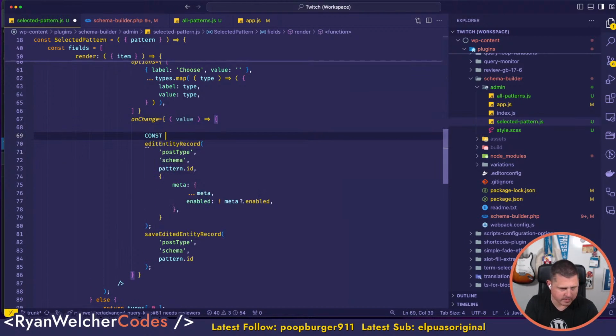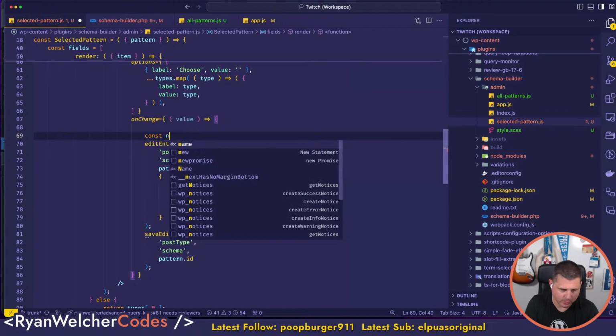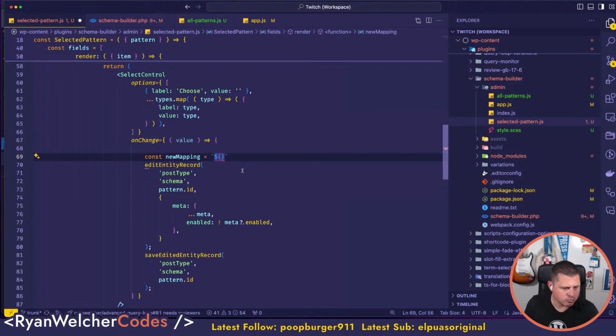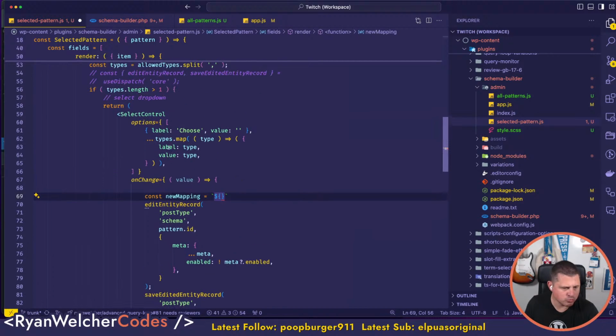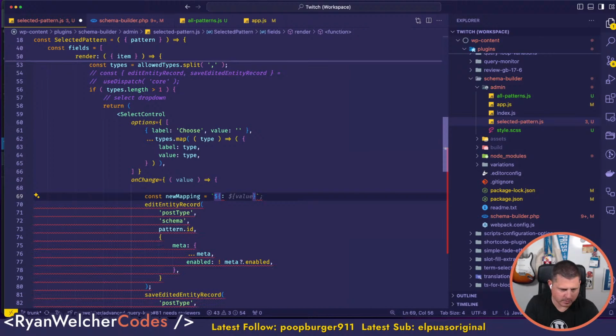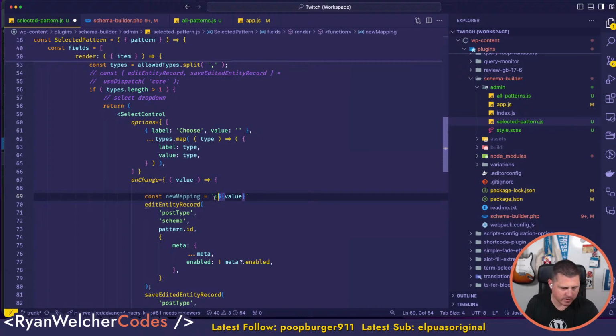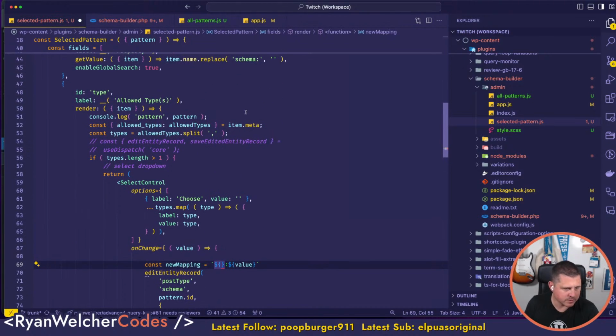so we're going to do this. We're going to say this, oh God, okay. Const new mapping is going to be, we need two values here. We'll put a string in there, and then we're going to need whatever the property is that we're actually dealing with. Item.meta, allow